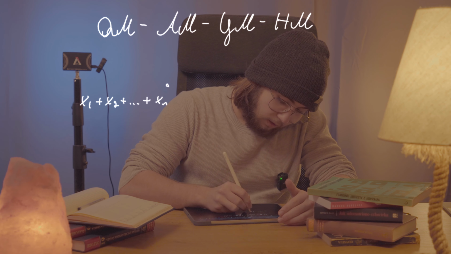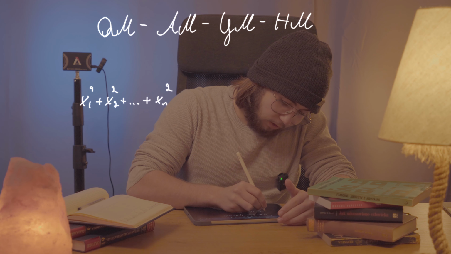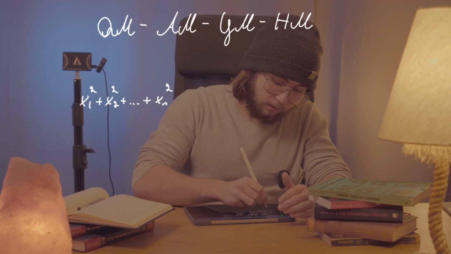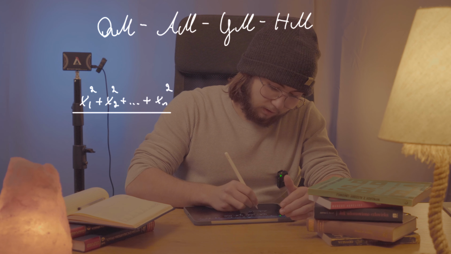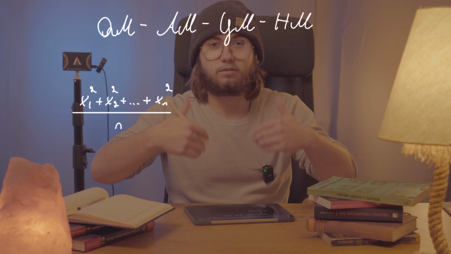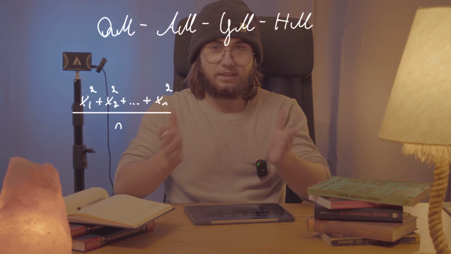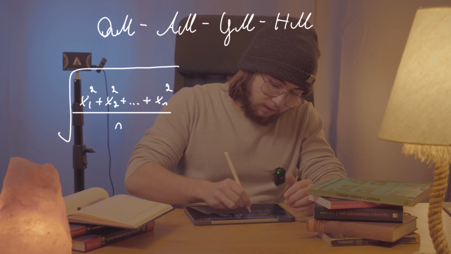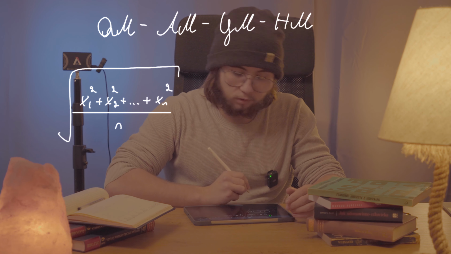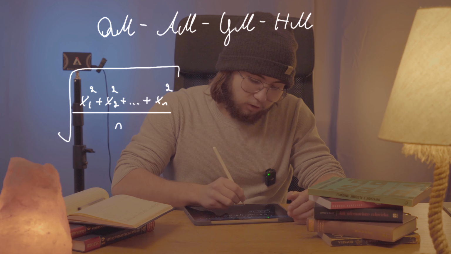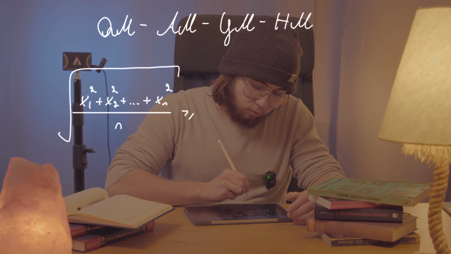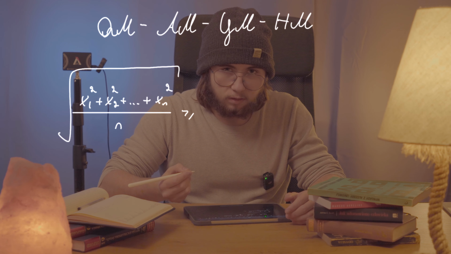Then we square each of those numbers and add them up together. Then we divide the entire sum by the size of the sample, so the amount of numbers we are taking the average of, and then we take the square root of that. And it's supposed to be greater than or equal to the arithmetic mean, abbreviated AM,